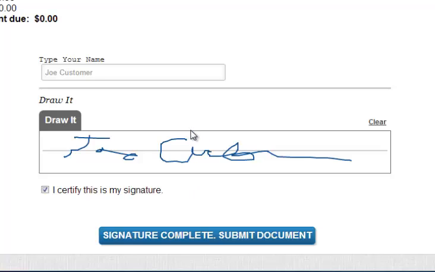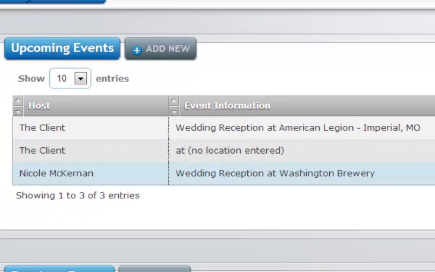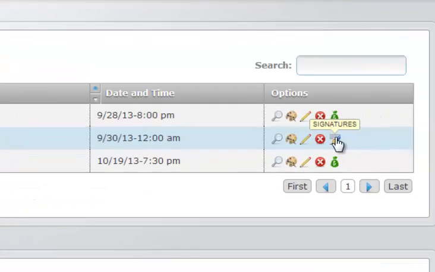So once they have typed their name, signed their signature, and certified that this is a signature, they click the signature complete, submit document link, and the photo booth operator then presents that message that you indicated. You can now go back and take a look, and you'll see that the photo booth operator now indicates that there are signatures on this particular event. If we were to view the event real quick,